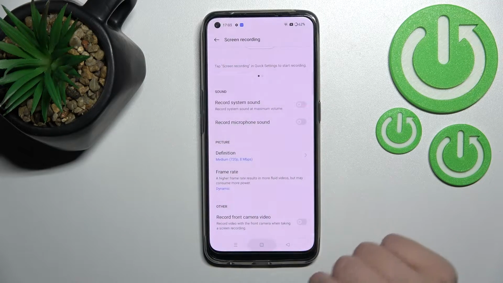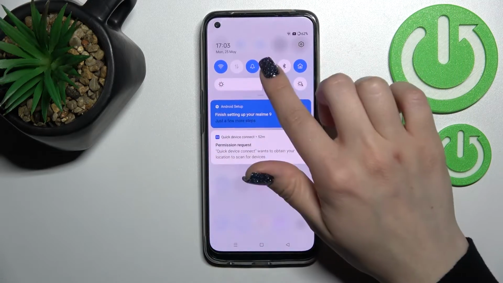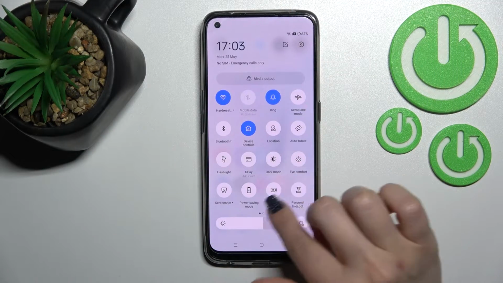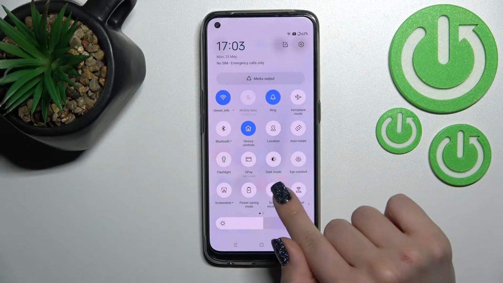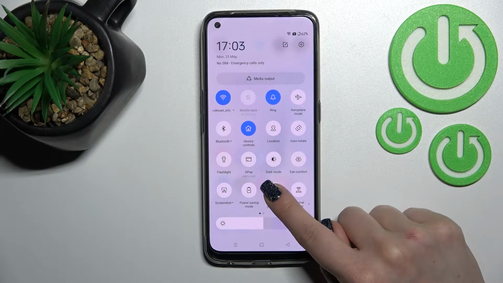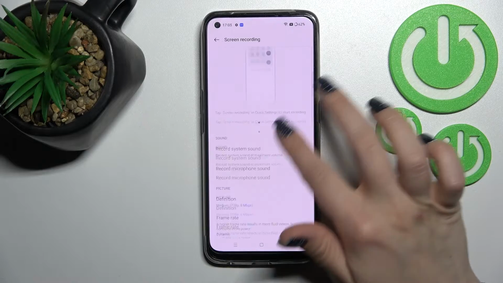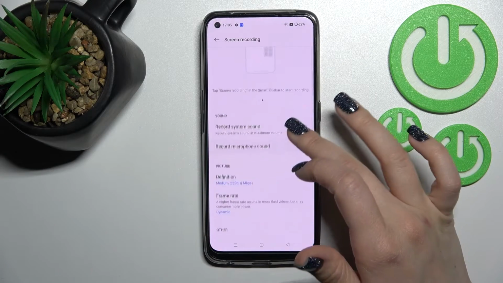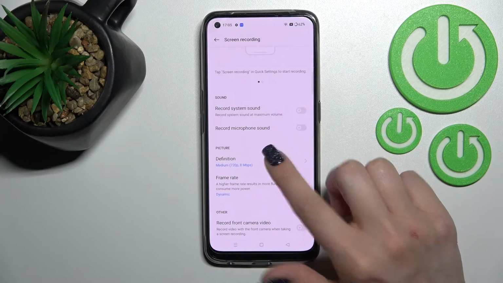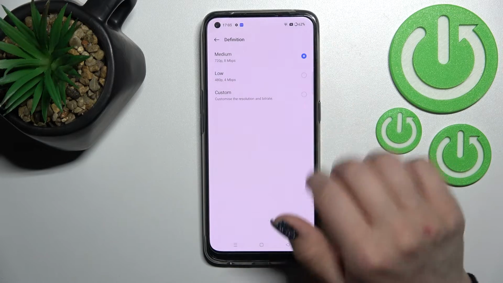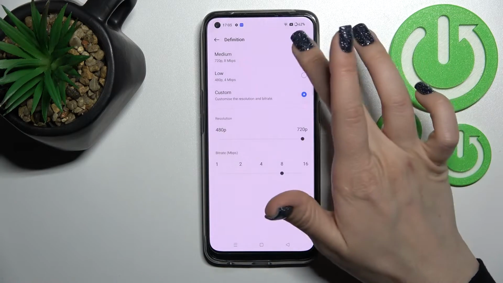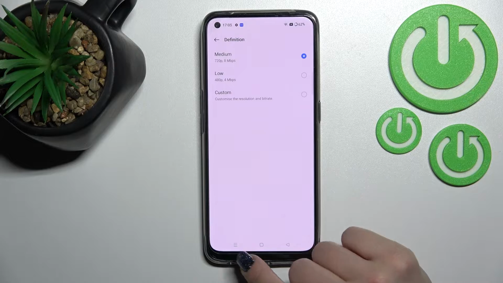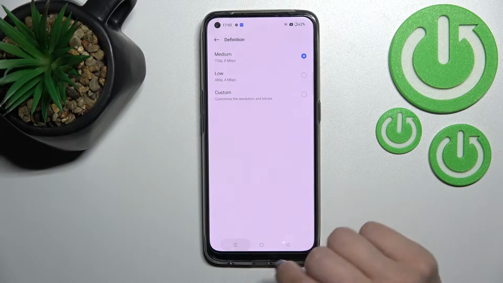Also we can do it the second way. Just first open the notification panel, and here on the top bar you should find the screen recording icon. To launch the screen recording settings, hold this icon for a while, and now here you'll see the same screen recording settings. In the same way, click here on Definition and switch the quality based on your